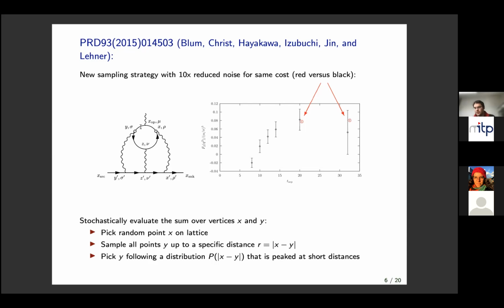So clearly what you should do is some sort of importance sampling, where you sample the shorter distances more than the longer distances. And this is essentially the basis of this idea. The details of how we perform this are maybe less important, but here you can clearly see the black error bars are the ones of the previous method, the 2015 method, and the new error bars with this new method are more than a factor of 10 reduced in the statistical error. And since that goes with the square root of N, the cost actually scales by a factor of 100, which was this year-to-day improvement.